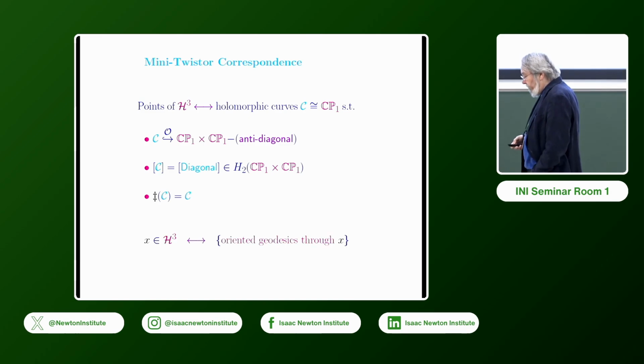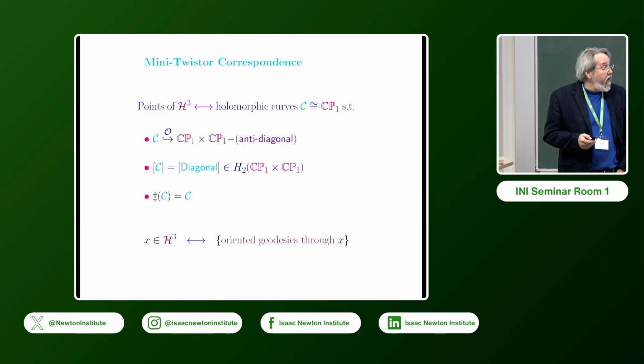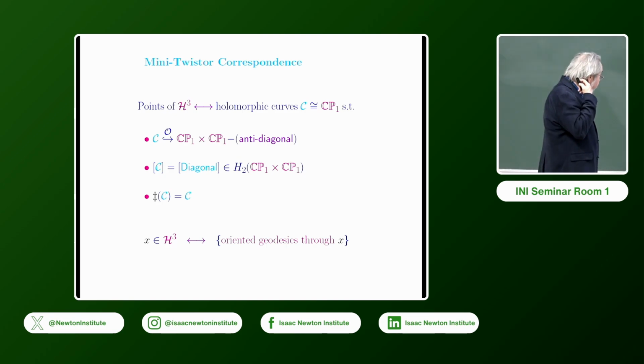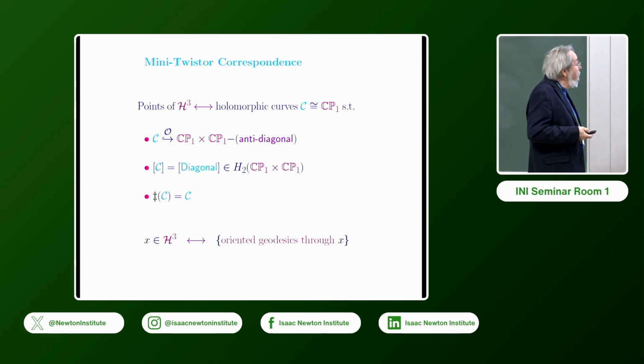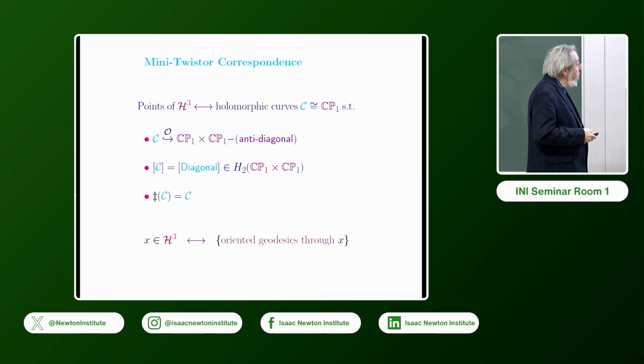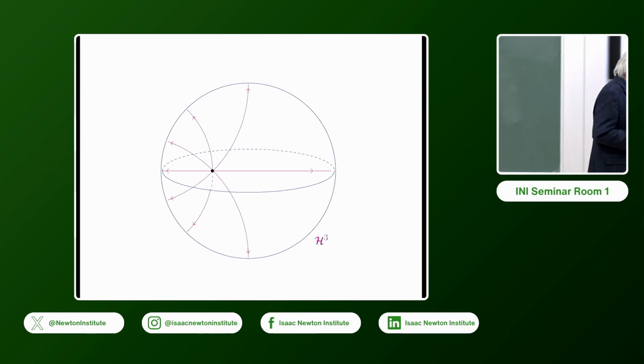Okay, so that allows one a certain holomorphic way of thinking about certain questions about three-dimensional hyperbolic geometry. These curves are called mini-twistor lines, and the point is that every point in hyperbolic 3-space corresponds to such a curve. Namely, given a point in hyperbolic 3-space, you can look at all of